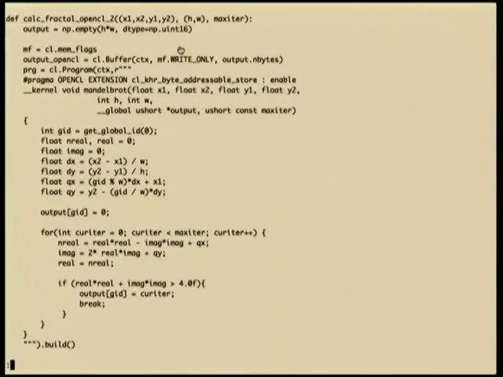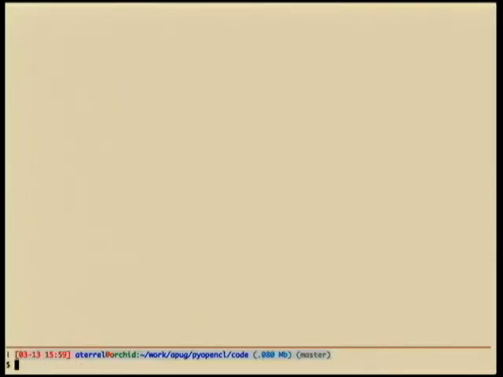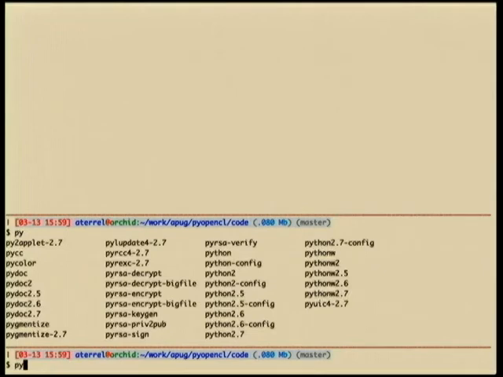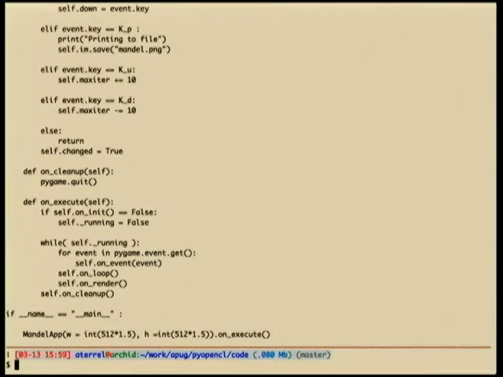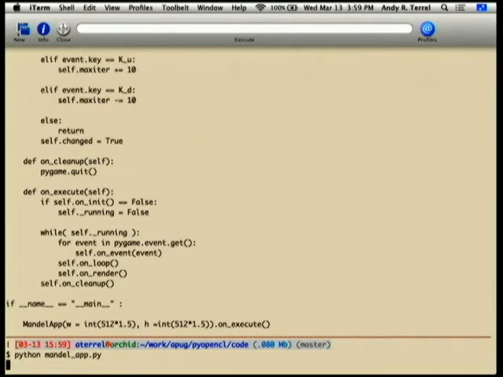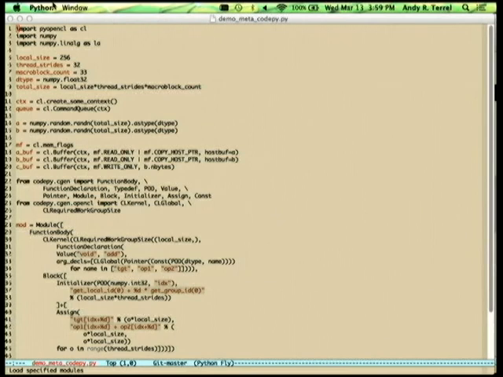The cool thing is I run this on my laptop. I say Python, and I just have a little Pygame runner. I like Pygame because it's a lot of fun to play with and create simple apps. You just register some execution things, and all of a sudden you can have a Mandelbrot viewer very quickly. You just run the app.py, and you get